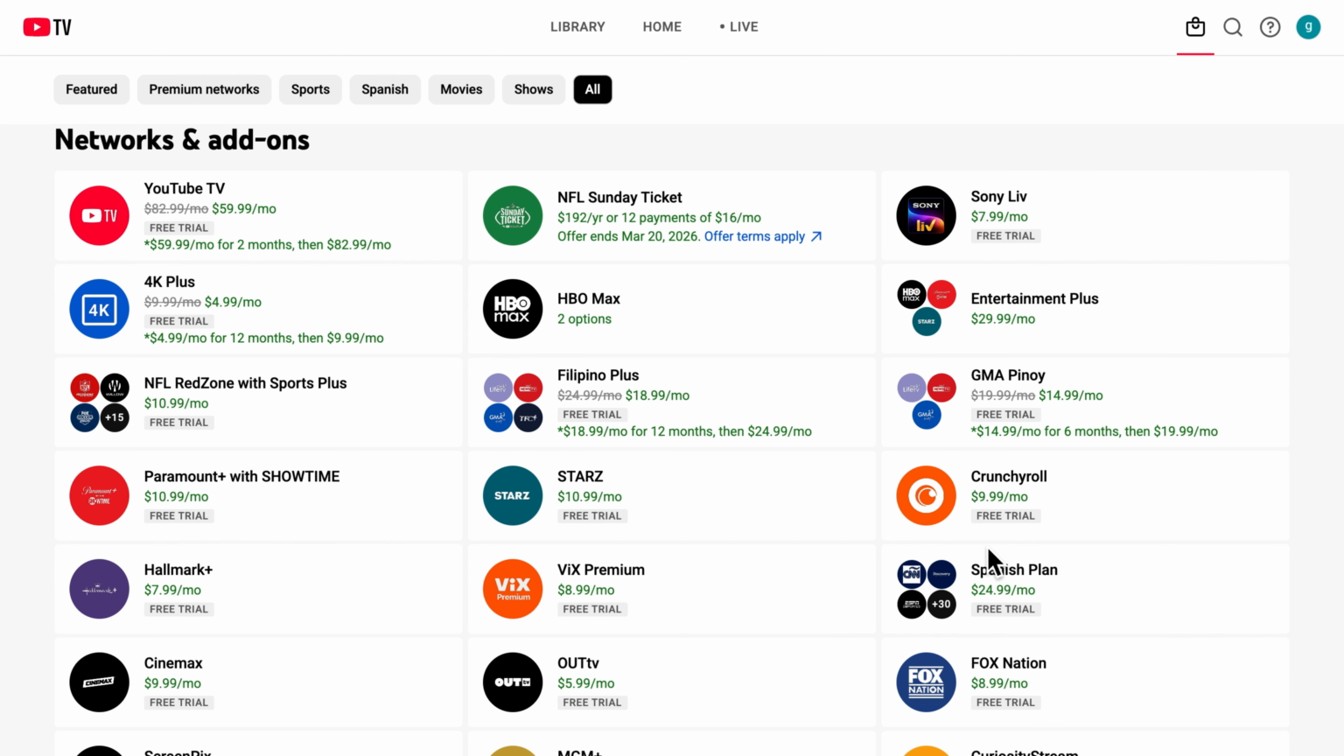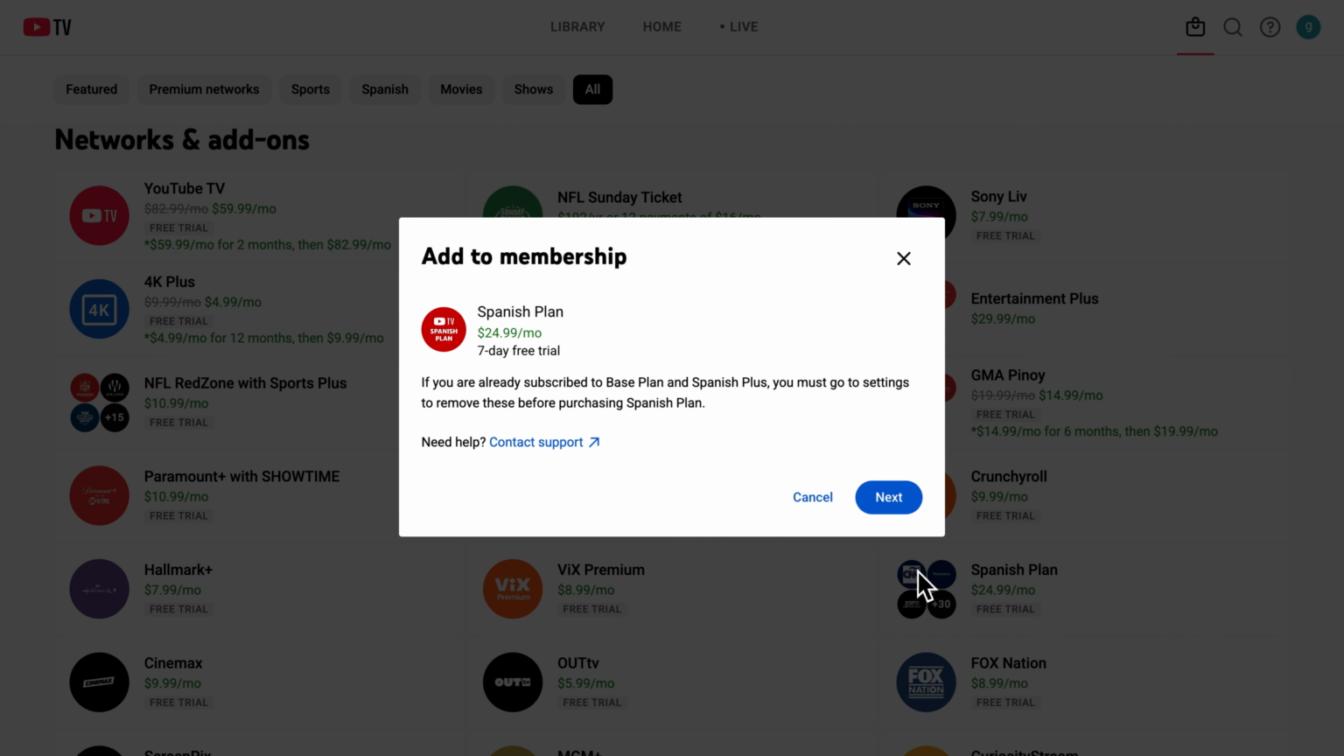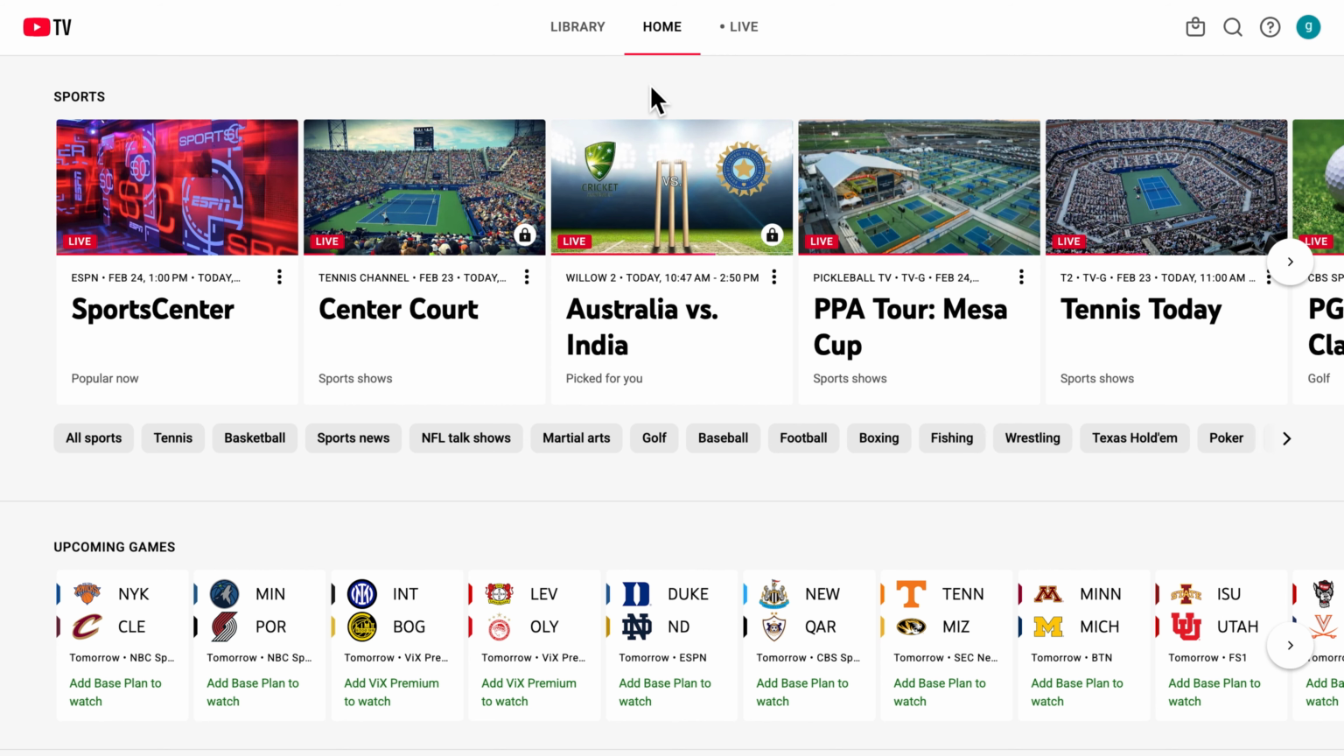So on either of them, just click on it. And then you can click on Next and complete your purchase with your credit card, debit card, or even your PayPal. So then to watch Galavisión, you want to go to the top right of your screen again,